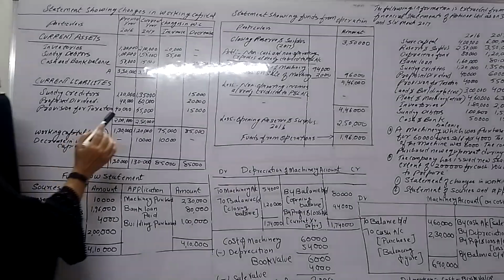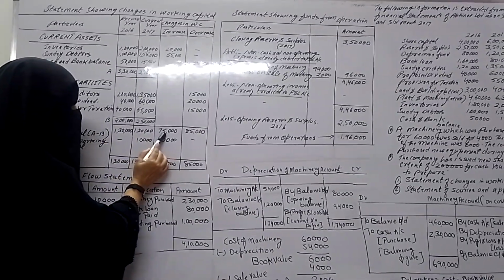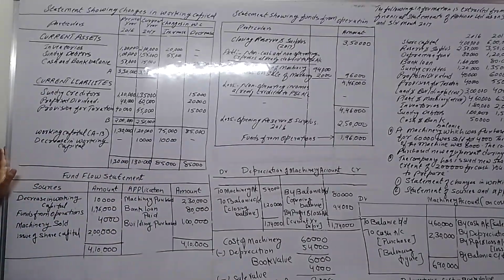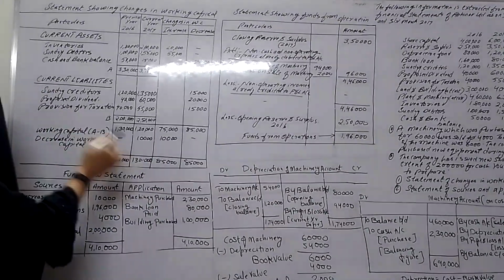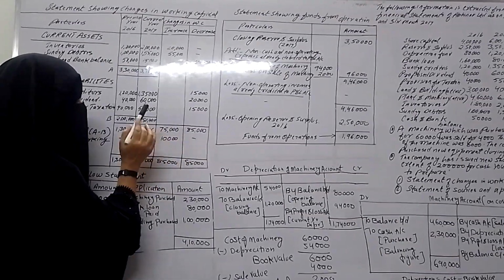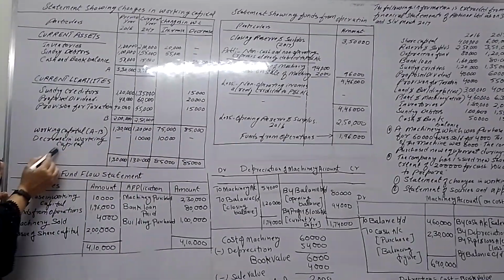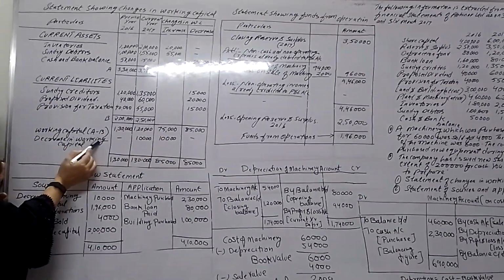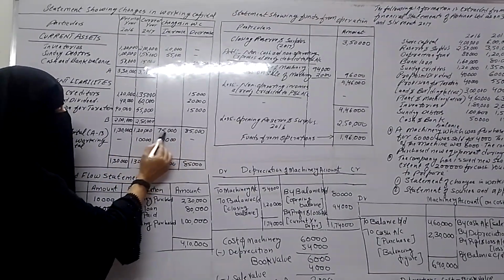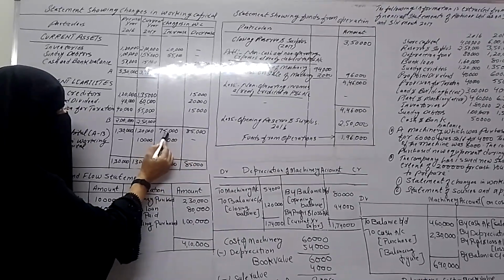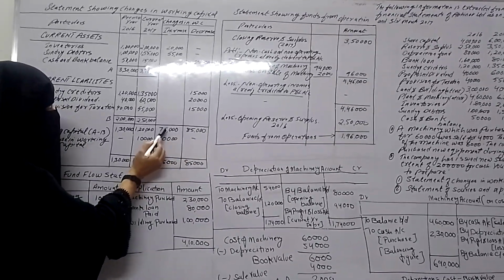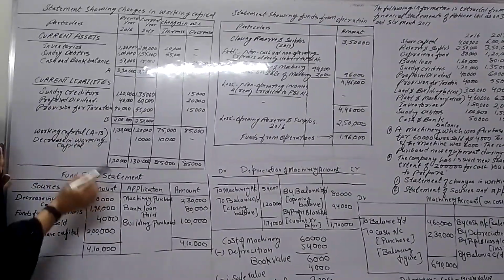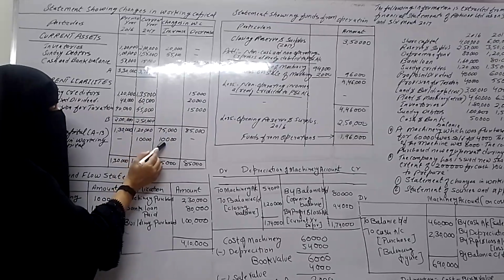Now see, in the increase column it is 75,000, in the decrease column it is 85,000. So we have to see which column is more. Here the total of decrease is more, so we have to write here decrease in working capital. We take the difference of increase and decrease of working capital: 85,000 minus 75,000, the difference is 10,000. And here we write decrease in working capital, but the difference we will write in the column increase in working